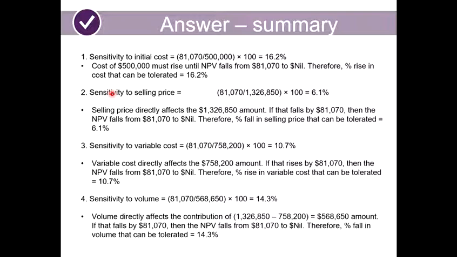Okay, ataupun kalau you selesa dengan page 322 punya explanation, you boleh guna juga. Okay, which one you selesa lah, you faham. Sebab both sama je dia punya meaning. Okay, so daripada sini kita boleh tengok yang paling sensitif ialah dia punya selling price. So company tu kena tengok betul-betul, kena jaga betul-betul selling price tu. Tak boleh pun dia naik kepada melebihi 6.1%. Kalau tak, NPV dia akan jadi kosong. So diikuti dengan variable cost dia kena jaga, dan dia kena tengok dengan volume dia, then only the initial investment.